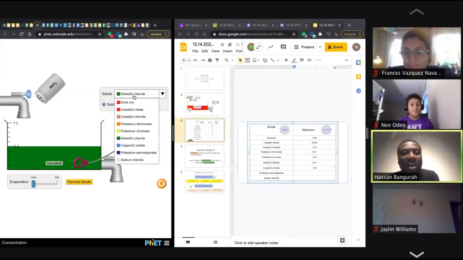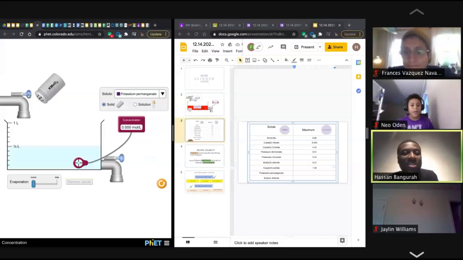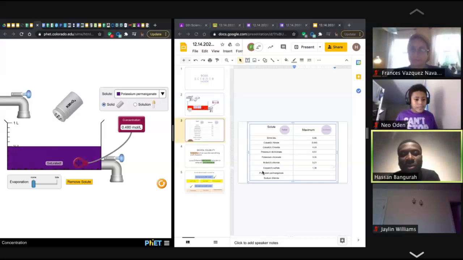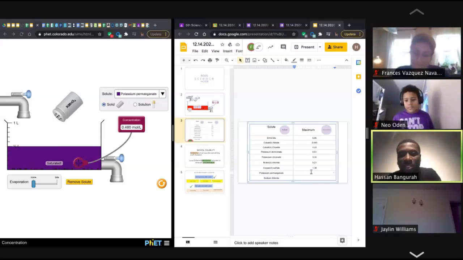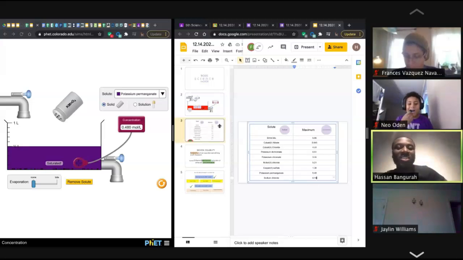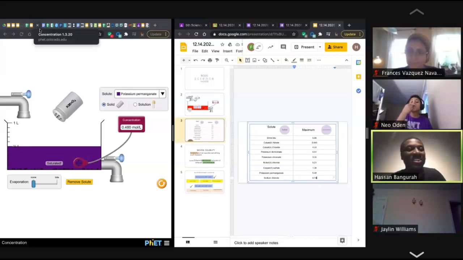All right. Potassium. This one is like 0.48. And the last one is 6.15. I only know that one because I did it like 100 times before I taught this lesson today. So